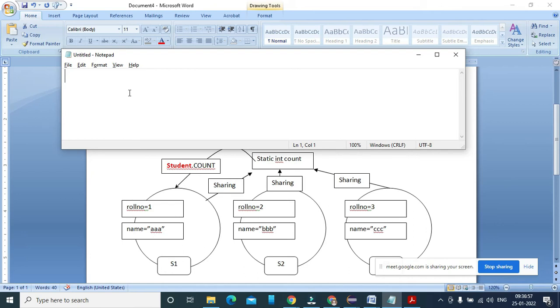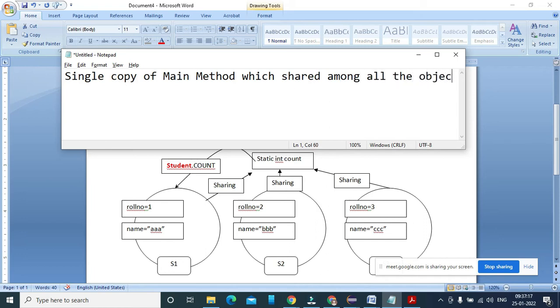So that is the reason I want a single copy of the main method, which is shared among all the objects. That is why we say it must be publicly available. It is a single copy, so it is static, and it does not return anything, so void.